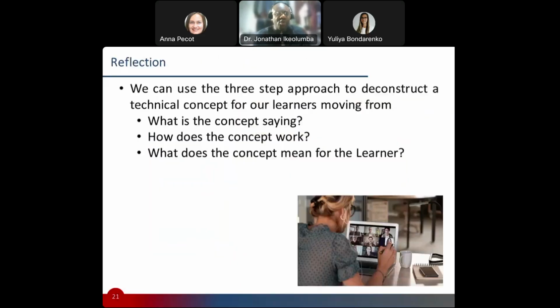Okay, so what I've simply said is the first step in having to go through technical training is to really think about what it means for the learner, and start by saying, what does the concept say, which is the abstract technical noise or the technical jargon. Then you have a duty to then say, so what does that mean? But much more, and that's where the learning comes in, is to say, what does it mean for the learner? And so I'm moving away from having my slides with technical terms. Then my messaging is where it's getting very interesting: what does it mean for the learner?